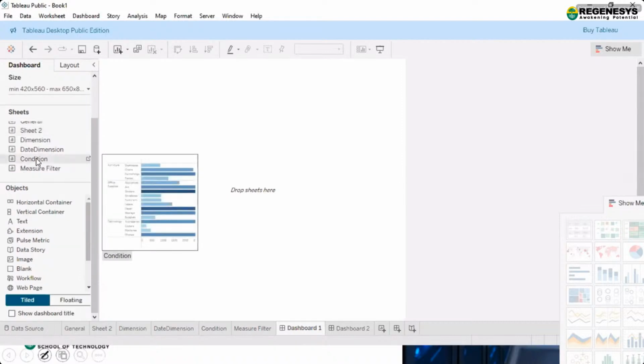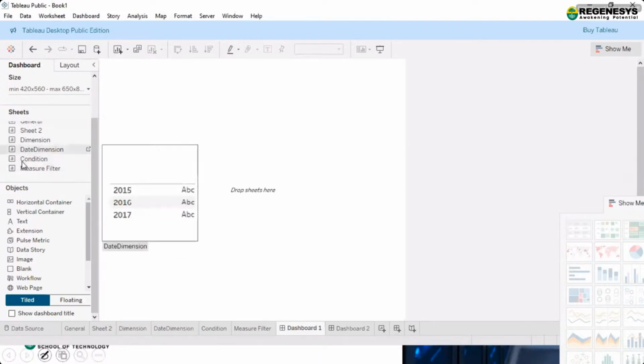So basically the point here is that in the dashboard we are not creating anything new. We use the things which we have already created to show them in one place. Simple. That's why whatever we have created is now coming here. According to that, you can put the sheets and the values in this area. So you can see draw sheets here.